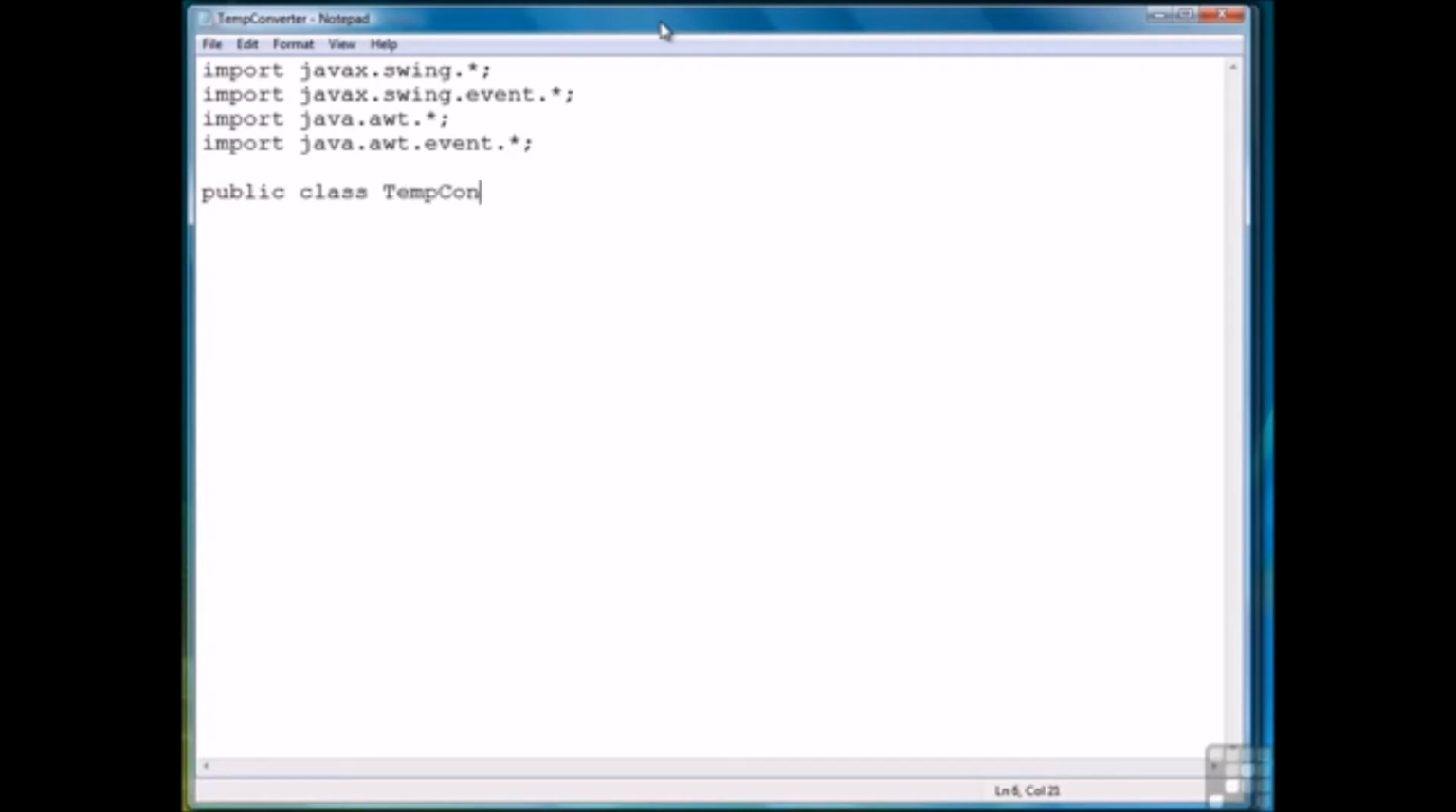Now we're ready to start the program. First thing we need to do is declare the different objects, variables, and things we're going to use. So we're going to have two labels. I'll explain what they are for in a moment. We'll have one text field, one button,